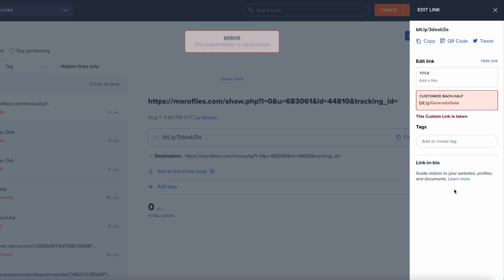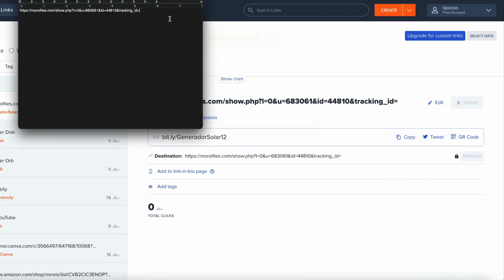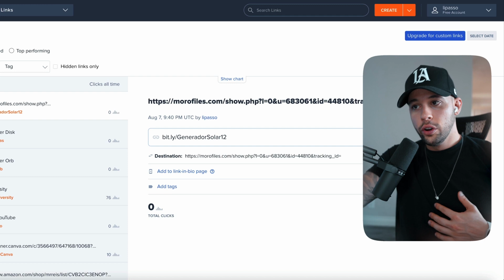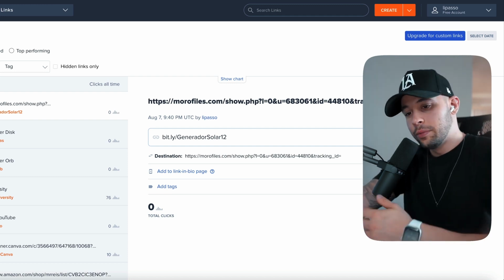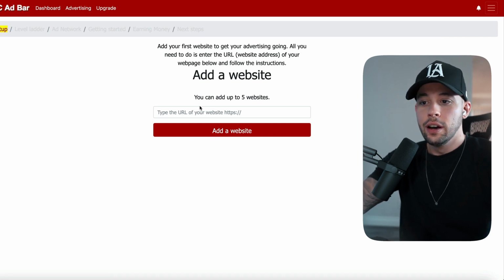it's available. So it's not available. Let's put a number at the end, like say 12. Okay, that one's good. You want to copy this link, also keep it safe somewhere. So now that you've shortened your link, what you want to do is head to this website over here. Obviously copy the link, save it somewhere like I showed you, and you want to head off to